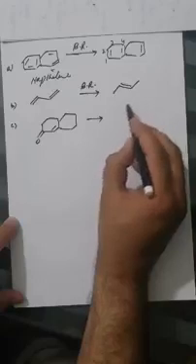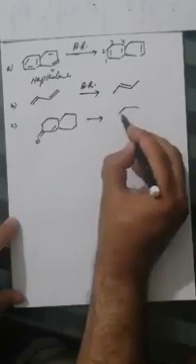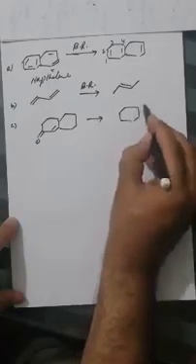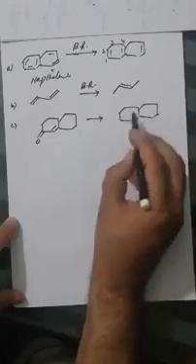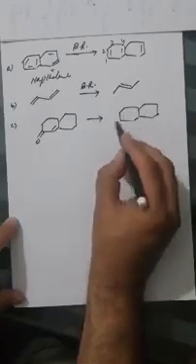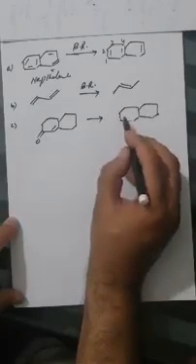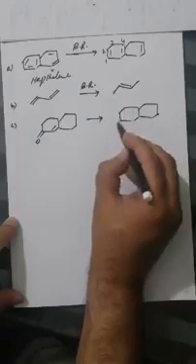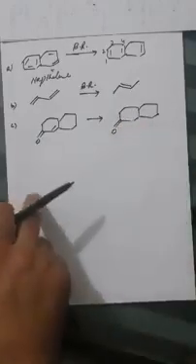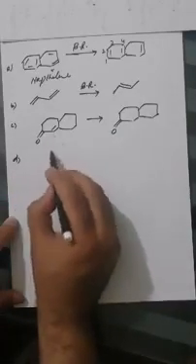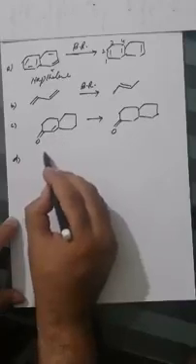So alpha beta unsaturated compounds also undergo the Birch reduction and are changed into ketones or substituted ketones. And last, the alkynes,